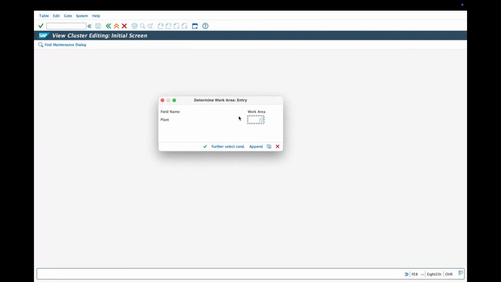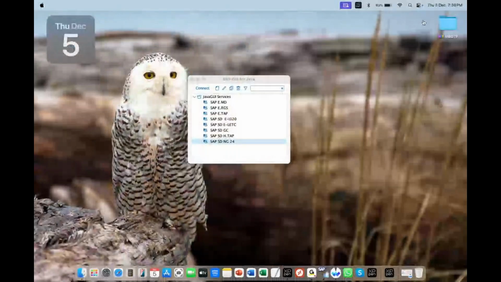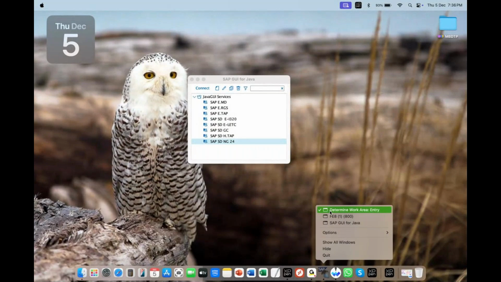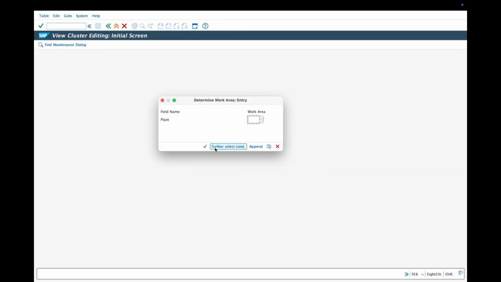So plant is all about the work area. I need to set the storage location identity within my plant. That's what the system says: give the work area. Sir, I forgot what I made my plant name.